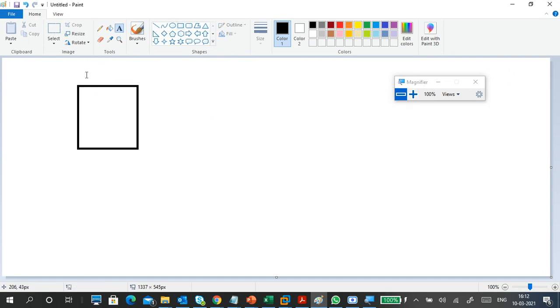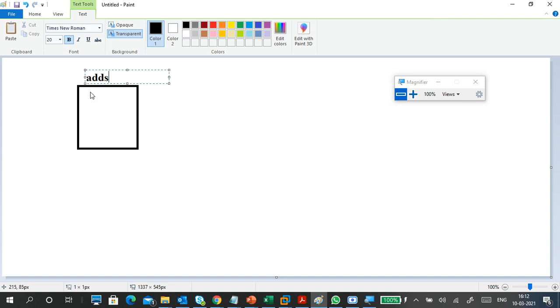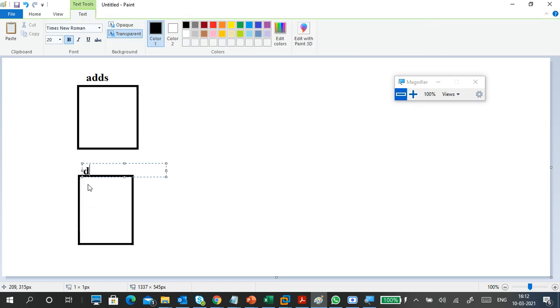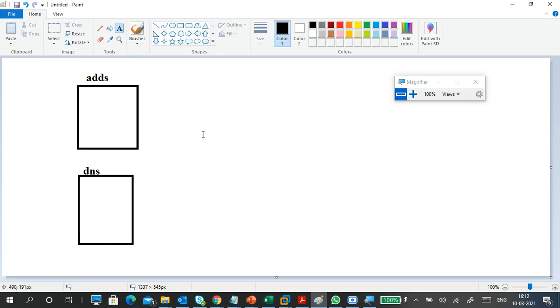It has a role called ADDS. A domain controller won't work alone. It needs a DNS server. Without DNS, it won't work. So I have a DNS server. And next is the client.